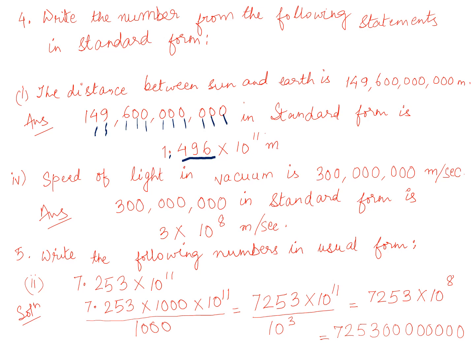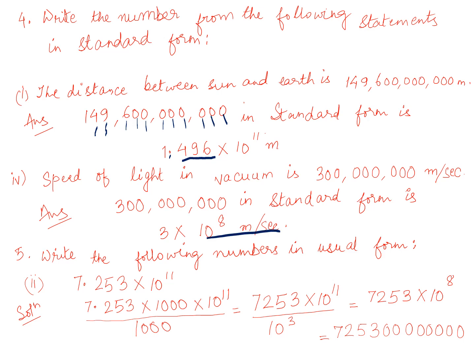Same with subpart 4: the speed of light in vacuum is 300,000,000 meters per second. Now how will you write it? You will write the 3. Fine, we have written 3. Then I am not putting a point here because we have all zeros, so that is of no use. If I write 3.000, that is actually 3 only. So I will write 3 times, now how many digits after 3? If you count 1, 2, 3, 4, 5, 6, 7, 8, there are 8 digits after 3. So 3 times 10 to the power 8 meters per second.